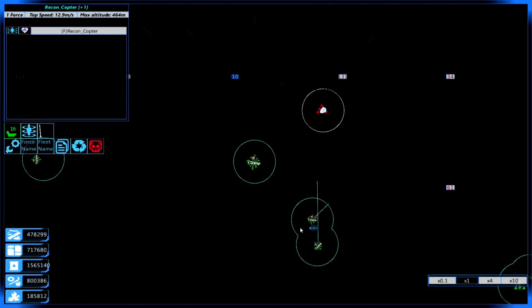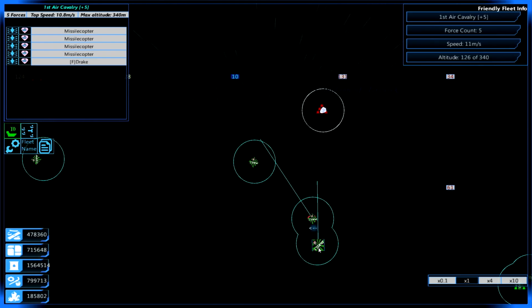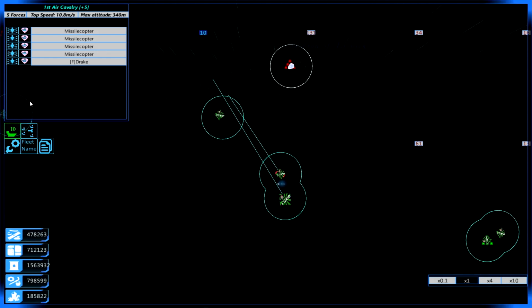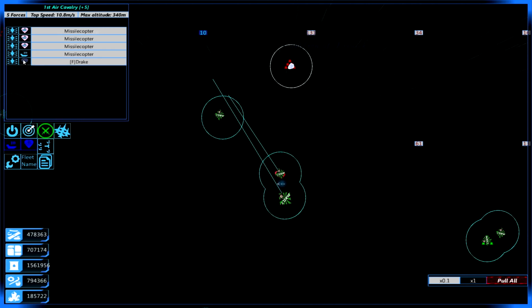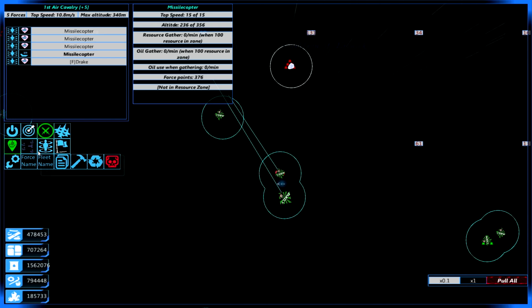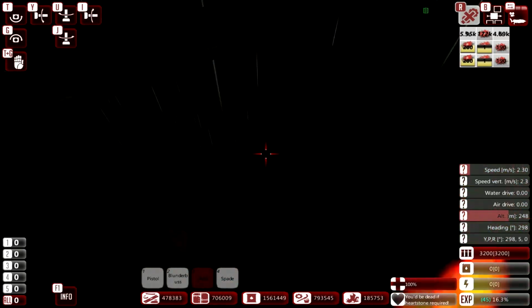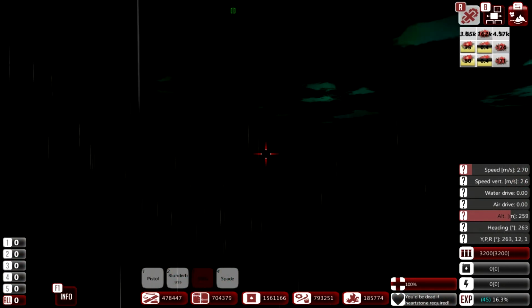So here's my recon helicopter. Just going to move our force up here. This is another air group. 1st Cavalry. I can show you these guys. I built the missile copter myself. It is really bad and inefficient. It was basically the first helicopter I got to work. God, I really don't like this area. It's really dark and hard to see. So I'm just falling from the sky. That's why I'm...